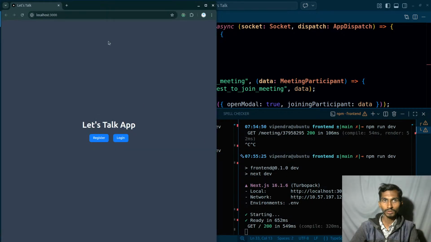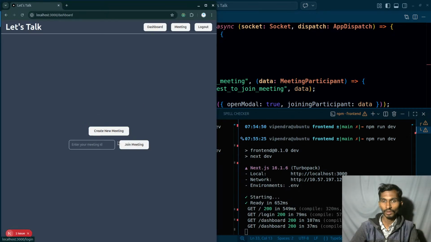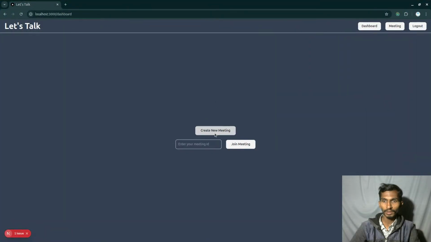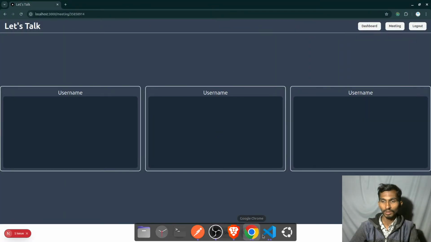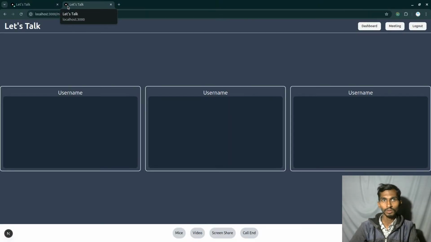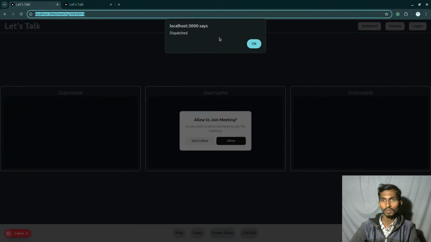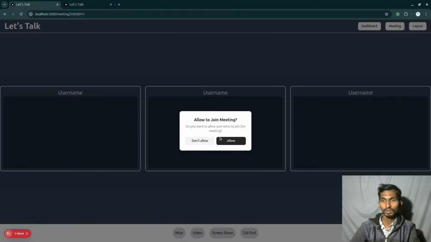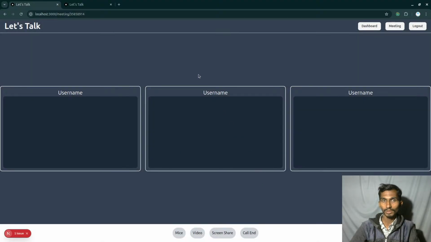I'm gonna be opening this, and as this is open, I can go to this page. The meeting hasn't been created yet. I can create the meeting. The meeting is created like this. Once the meeting is actually created, I will ask another user to join the same meeting, and here dispatched, I can allow you or I can deny. So allow, I'm getting it twice, but ultimately the user is actually allowed,